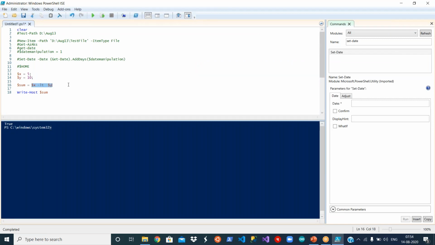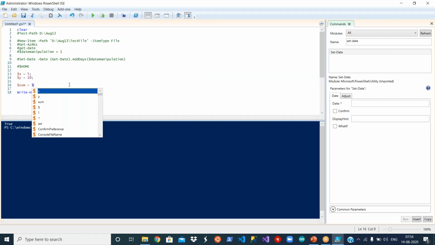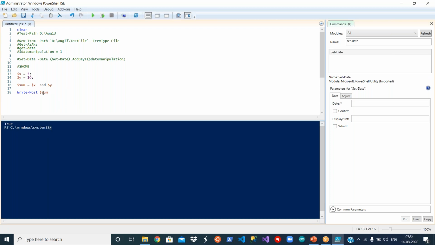I'm saying $x hyphen and space $y. So what does it write? You see, now I'm writing this output, right? See what it is: true. $x and $y is giving true.